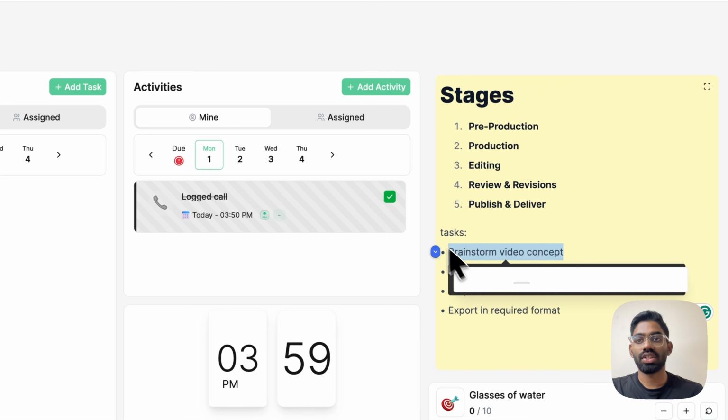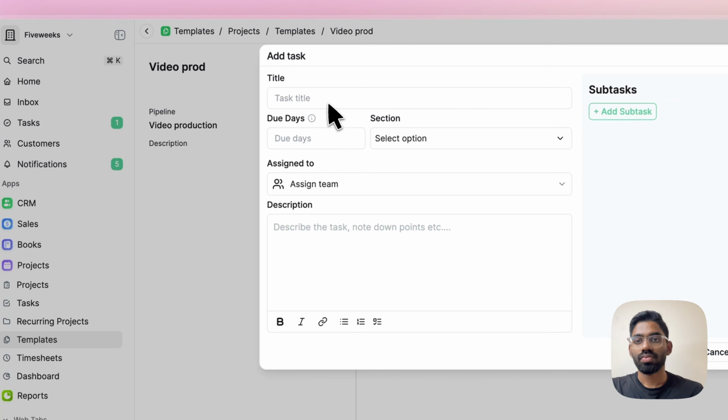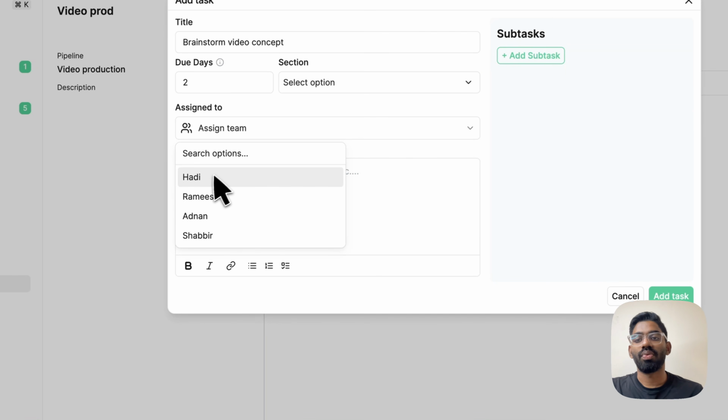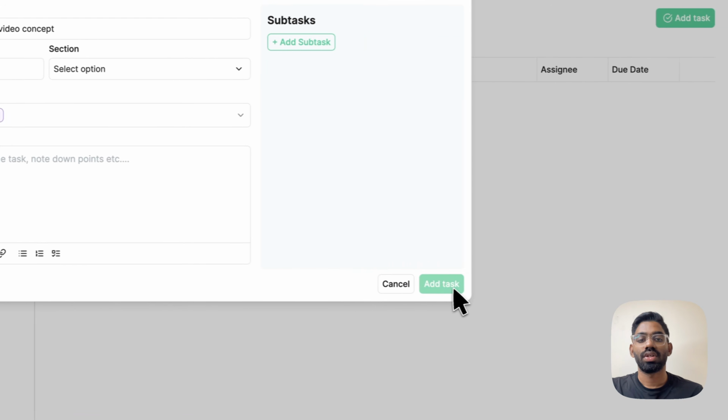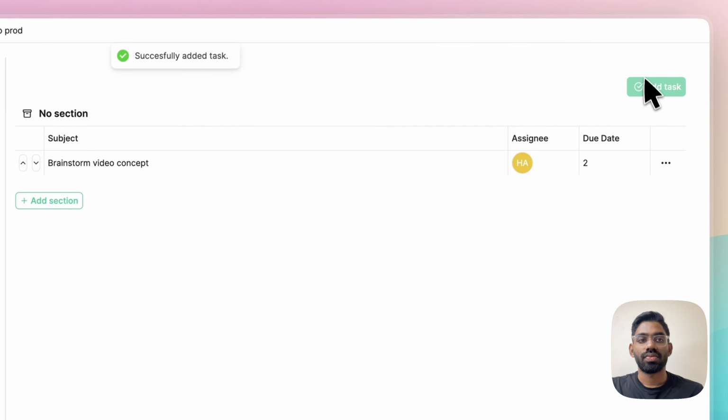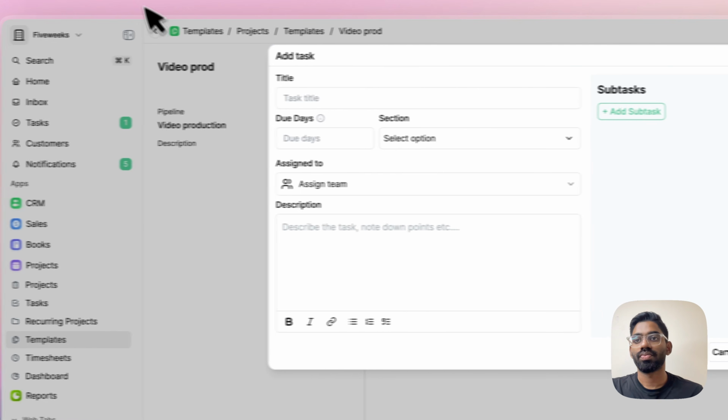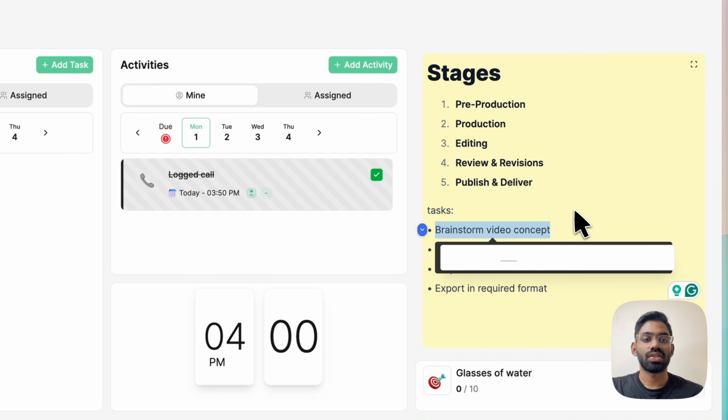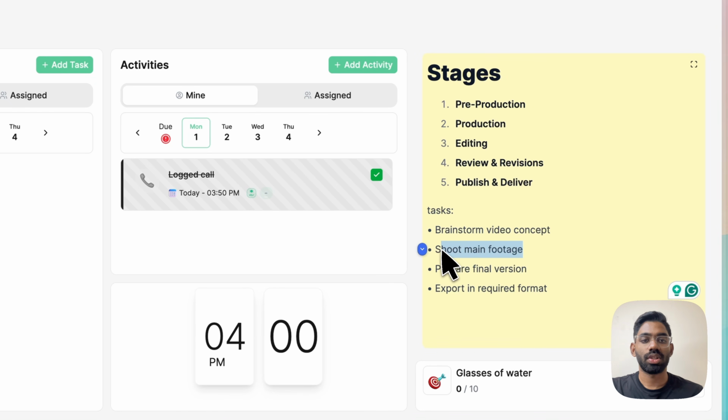These are some of the tasks which I want to be added every time, and the due days, it should be done in 2 days, and it can be assigned to anyone in the team by default. I'll add the task,